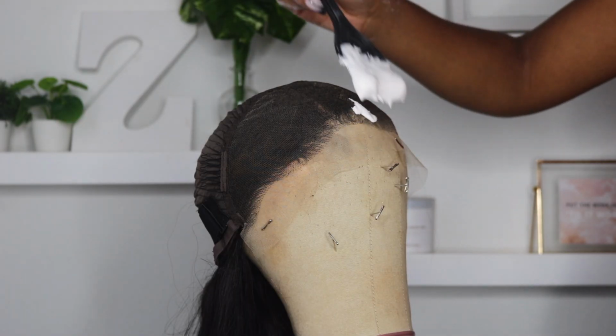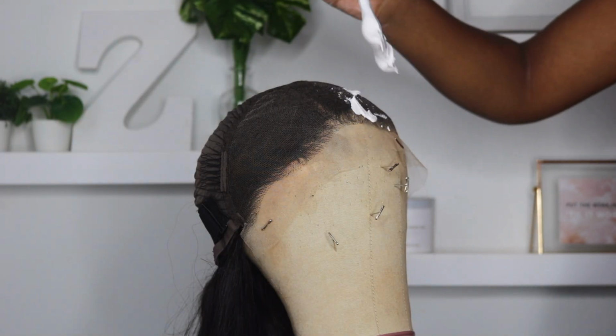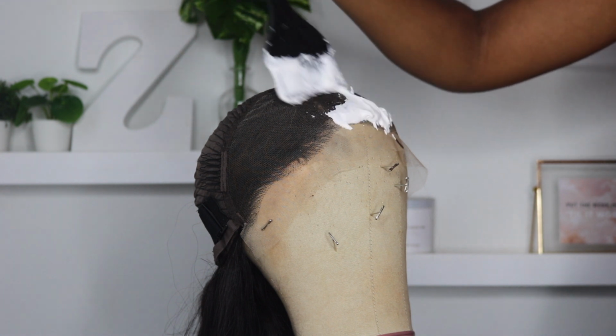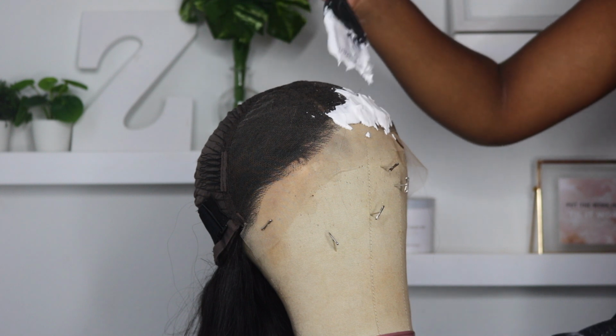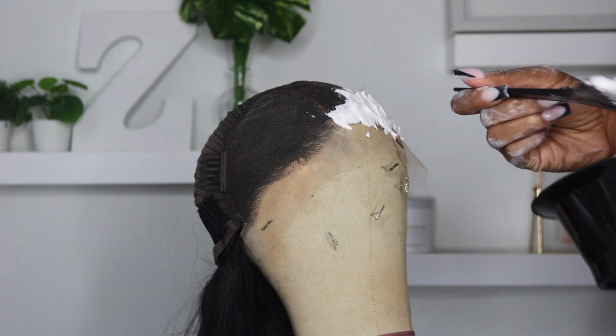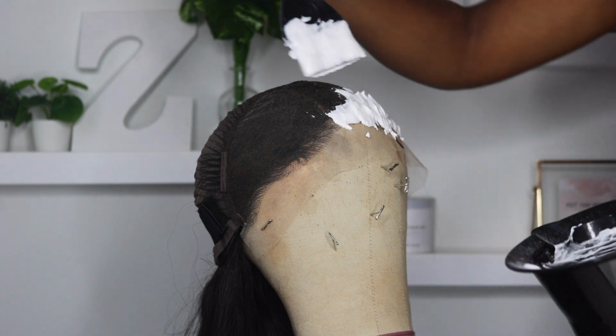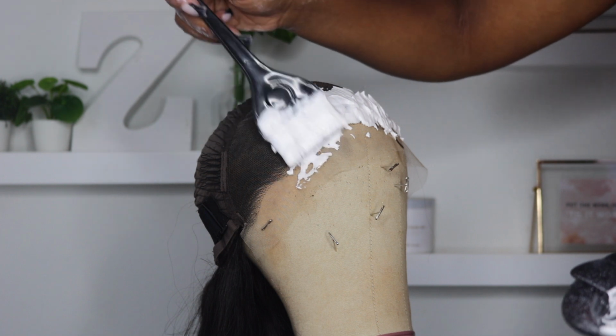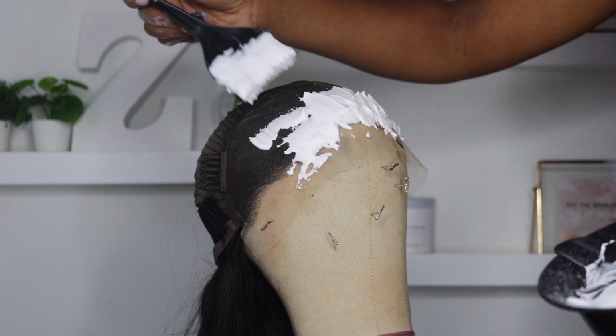So now I'm just using my brush and I'm lightly placing that bleach all over my lace. Some people like to just bleach where they're gonna part their hair, but me personally, I never know where I'm gonna part my hair, so I just wanna bleach all over it, because you just never know how you're gonna wear your wig in the future. Like, sometimes I do a middle part, very rare I do a side part, but if I do a side part, I don't wanna have to re-bleach it, you know what I mean? So yeah, so I'm just